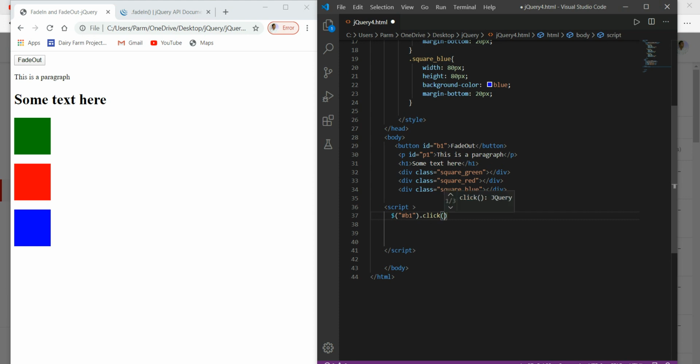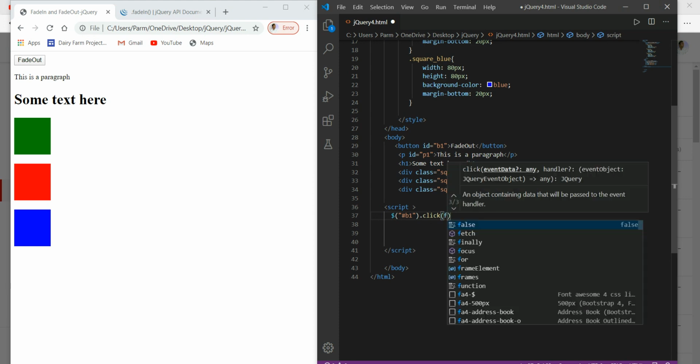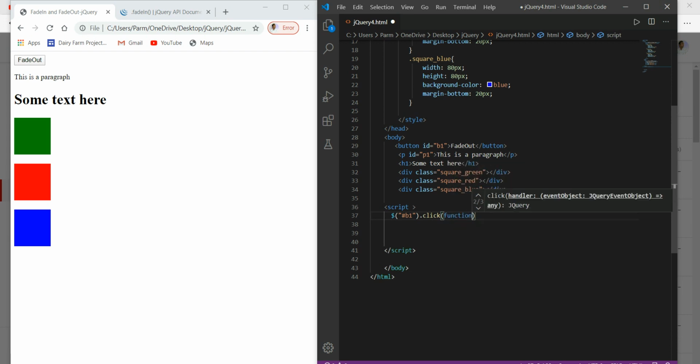Here we go, create, call a function, and here we have to write the body of this function. What we want to do is make this whole thing disappear.